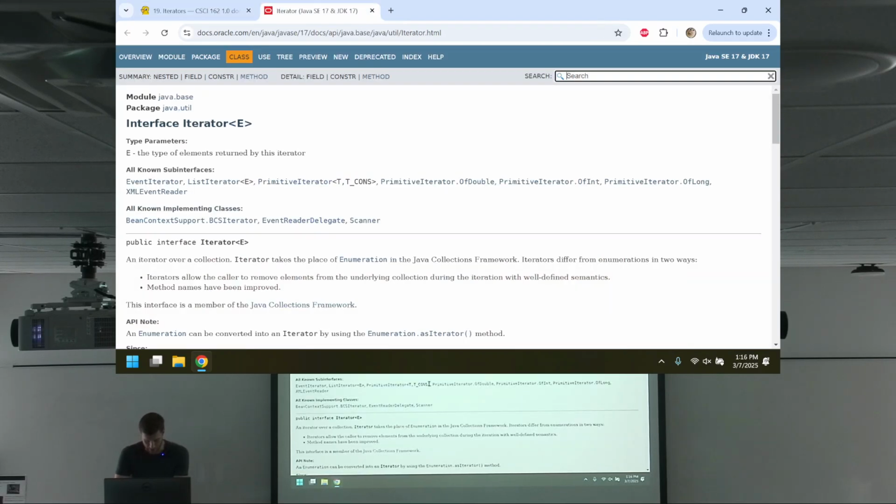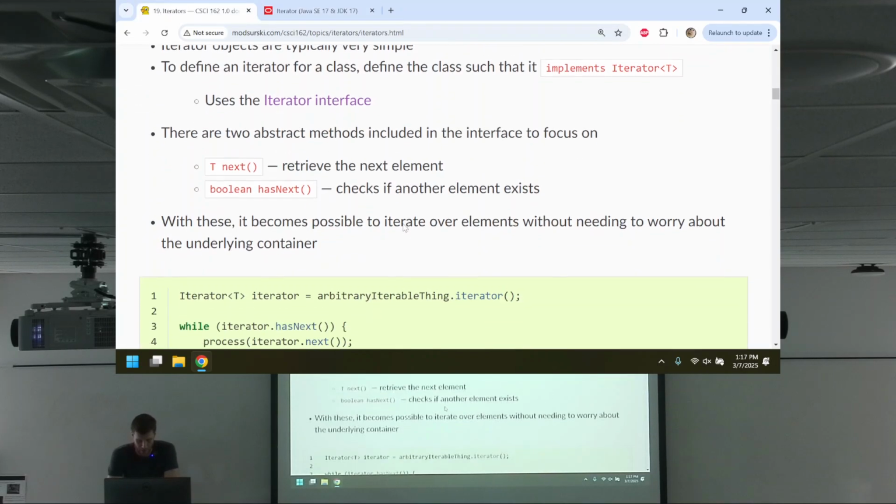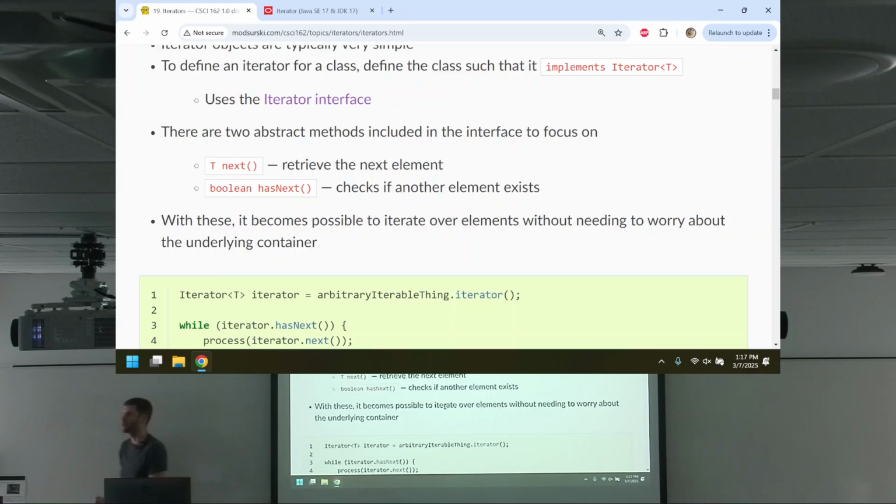There it is, and you look, there are four methods in here, okay? We need to implement actually only two of them. These two are the methods that we're going to be forced to implement if we make an iterator. The two abstract methods we have to include are next and hasNext.